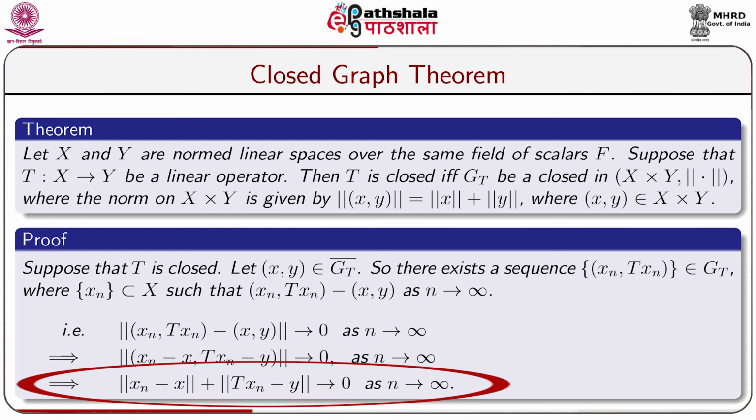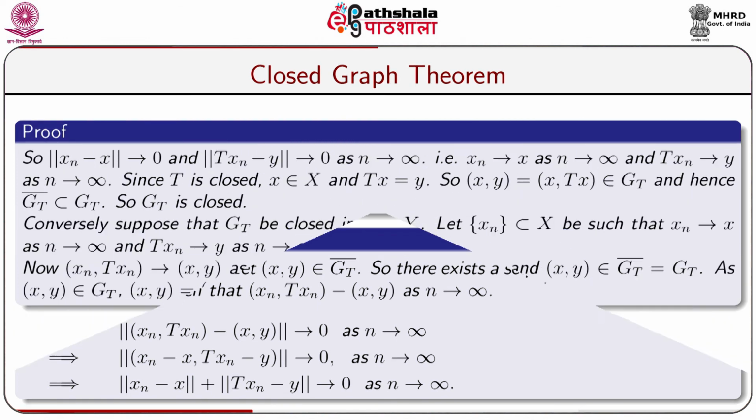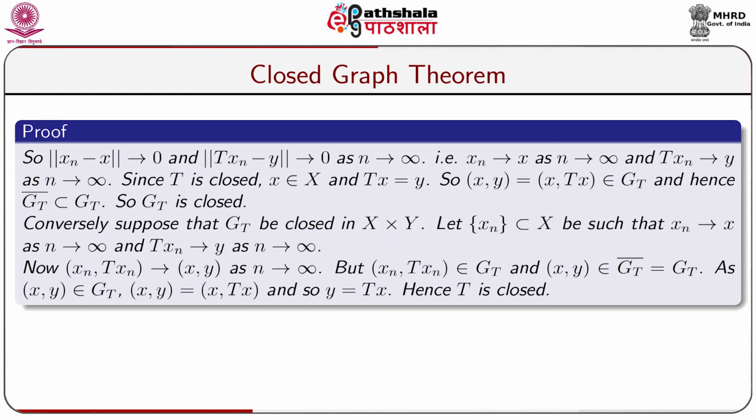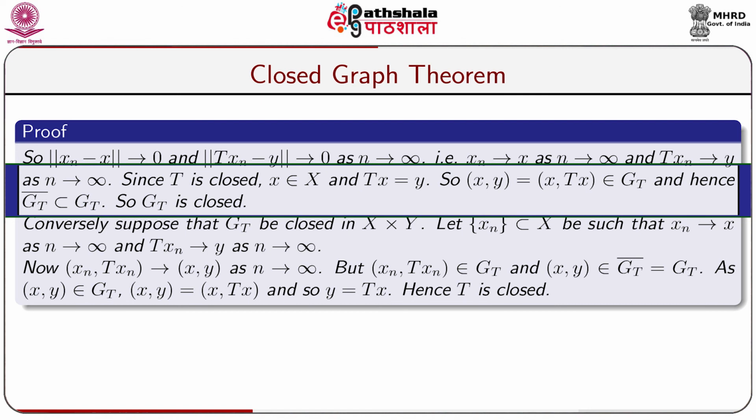minus x plus the norm of Txn minus y goes to 0 as n tends to infinity. So, the norm of xn minus x tends to 0 and the norm of Txn minus y tends to 0 as n tends to infinity, which implies that xn goes to x as n tends to infinity and Txn goes to y as n tends to infinity. Since T is closed, we get x belonging to capital X and Tx is equal to